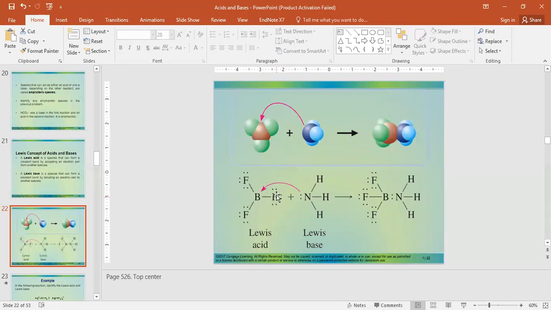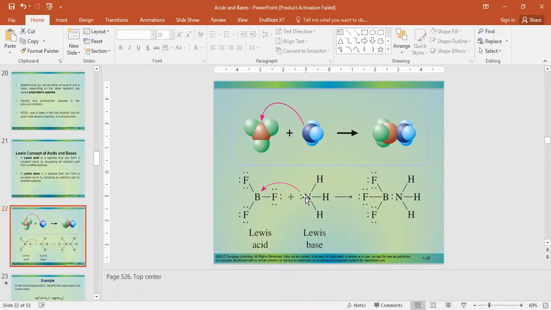So here you have boron trifluoride. In one of our previous lectures, we gave boron as one of the species whose central atom is deficient in terms of the number of electrons that it requires. We explained that it is going to be surrounded by 6 instead of 8. But look at what is happening here. This boron trifluoride, you react it with the